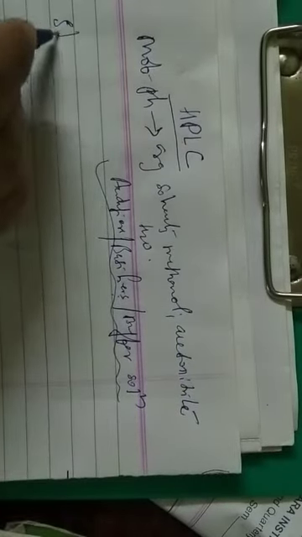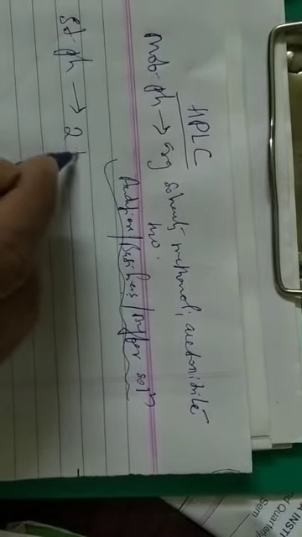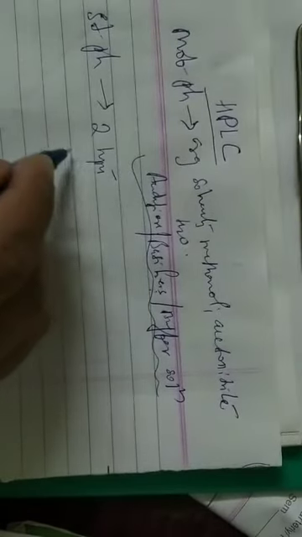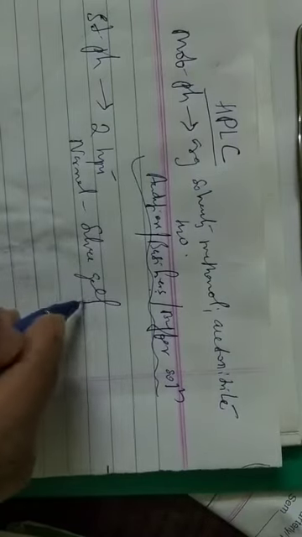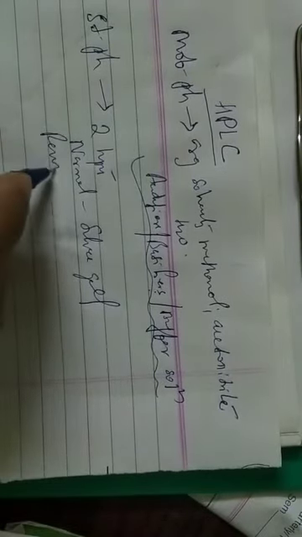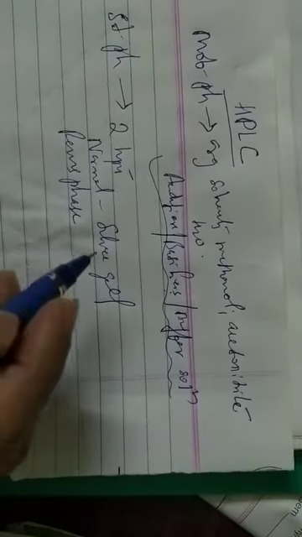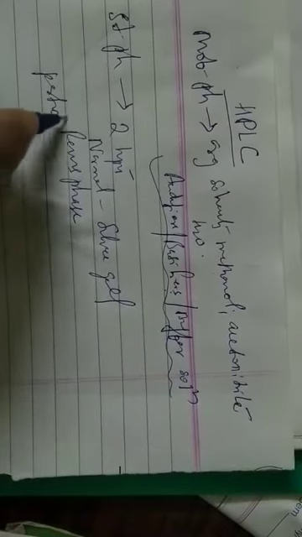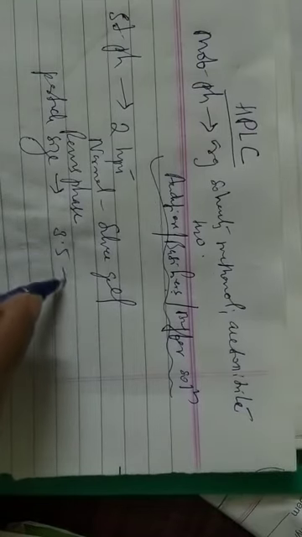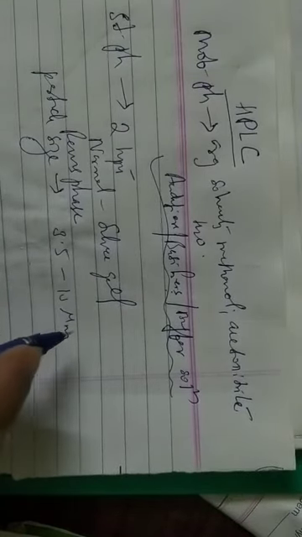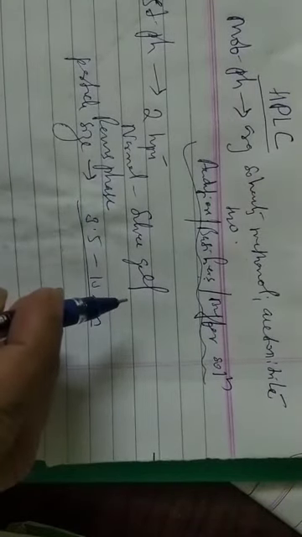Similarly, the stationary phase, as we learnt in the previous video. Two types we are using here: one is normal phase, that is silica gel, and reverse phase. And if you see, the particle size of the stationary phase is very low here, 2.5 to 10 micrometer, so very small. That's why we can see very good separation in HPLC.